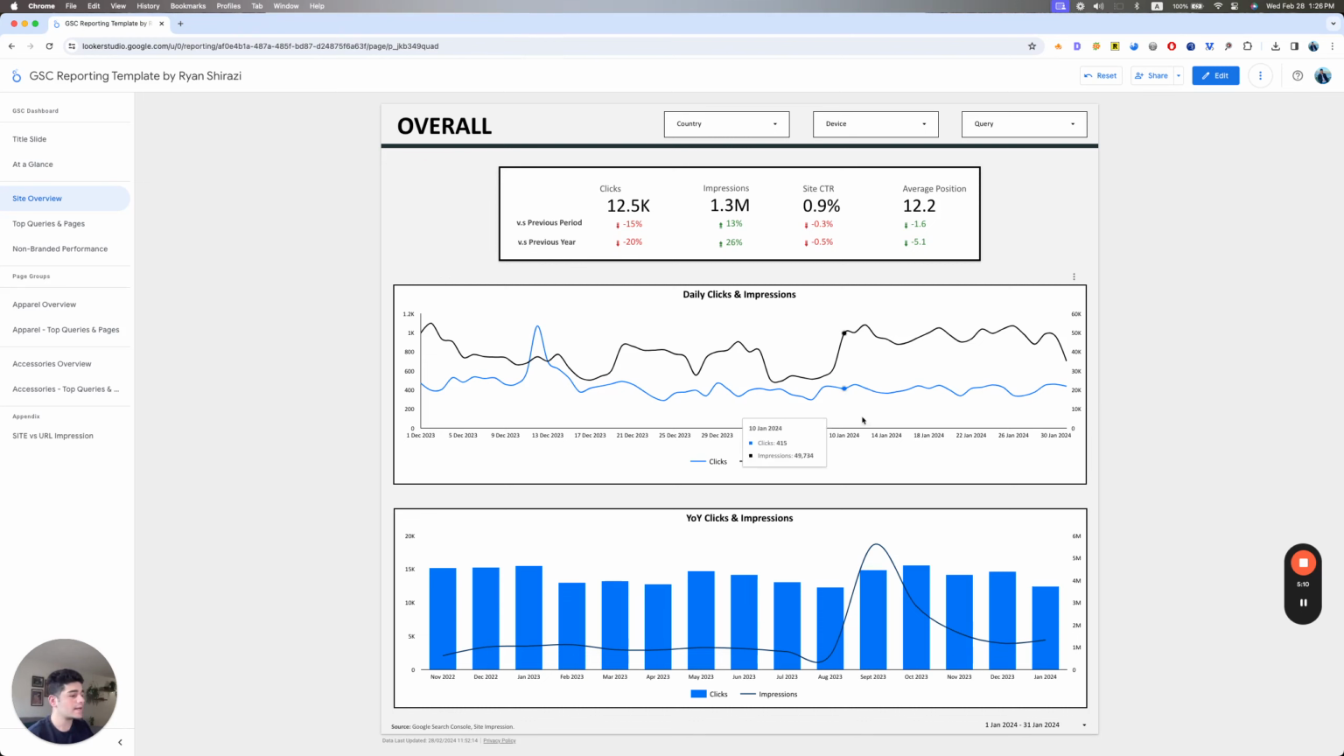So since our date range selected is the last month, that is Jan 2024, the previous period will be the preceding month, that's December 2023, and previous year will be the same month but in the previous year, so that will be Jan 2023. Now, an important thing to note here is that clicks and impressions are percent change, whereas CTR and average position